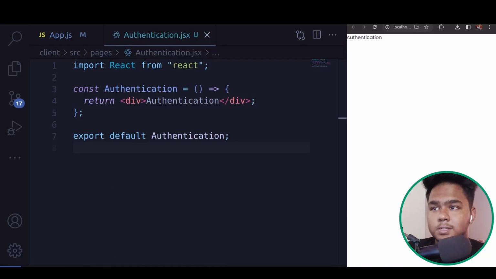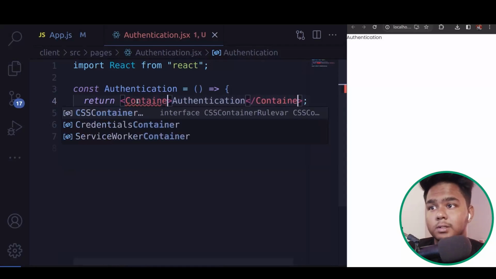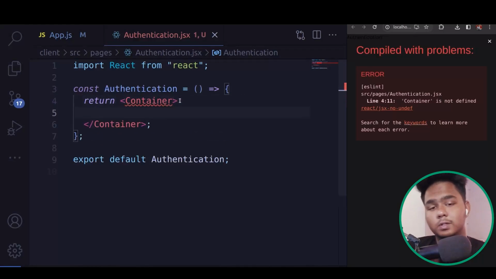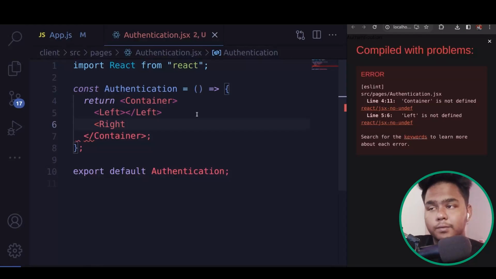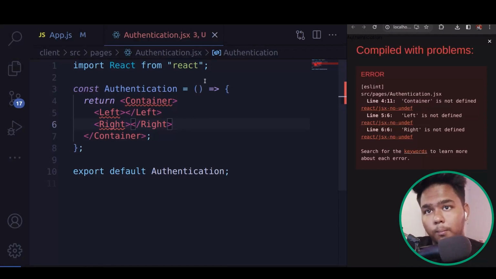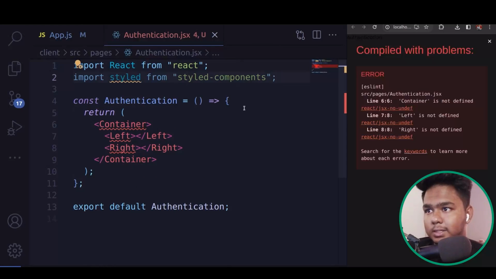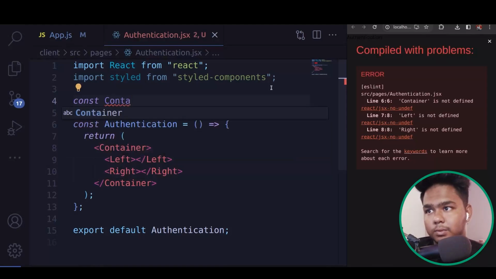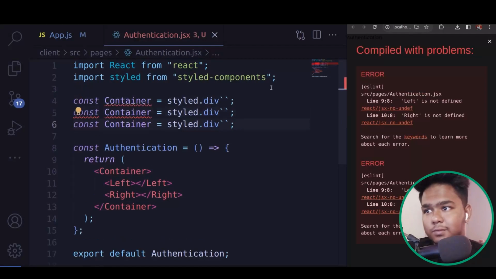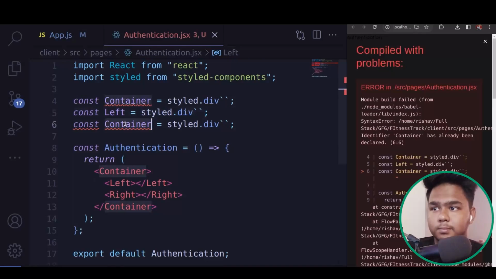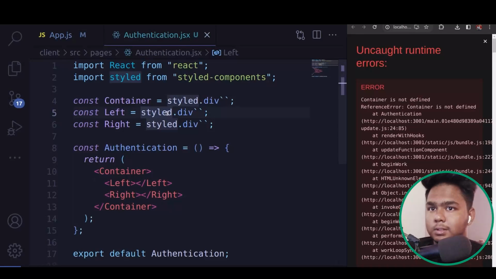So let's get started with the authentication. In the authentication, same thing, I will write Container, the root, and after that we will be having two sections, left section and right section. Left section is for the image that we have, and on the right we will be having our form. So left and right. First let's import styled components, and then I will define the styled components Container as styled.div, and then I will define the Left and the Right. Perfect. And now if you reload,